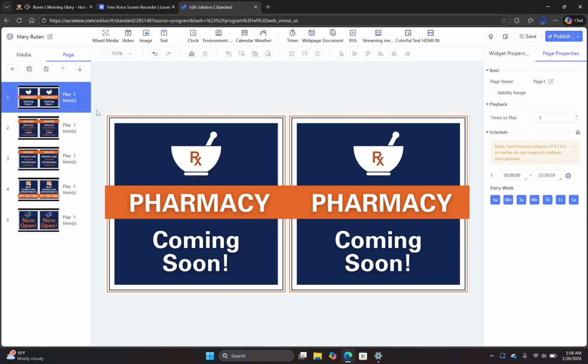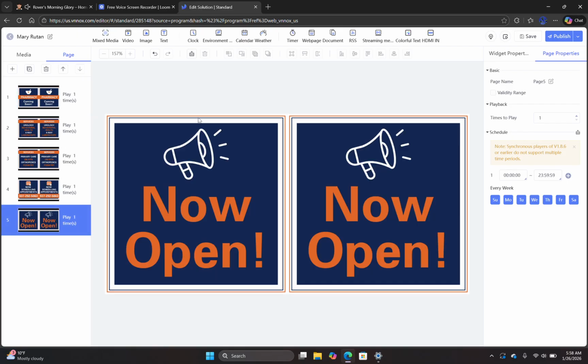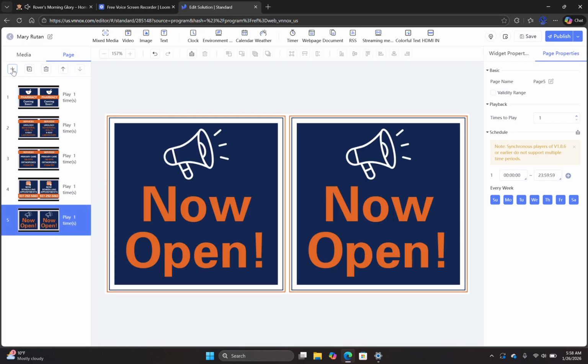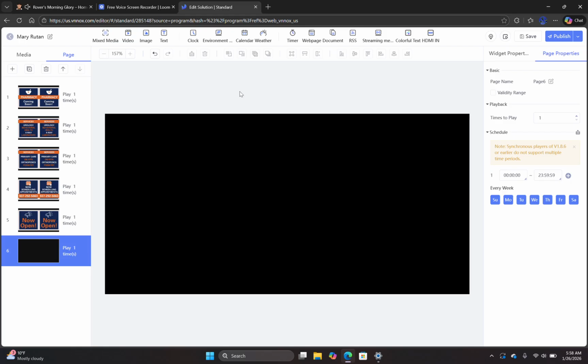So let's get into a few specific options that are very important, and we will actually create a new slide and do this in real time. So over here, we're going to hit Add. This button is copy, so it would actually create just another one identical, and that's a trash can to remove that. So we are going to create a new slide, and this will apply for any size of screen